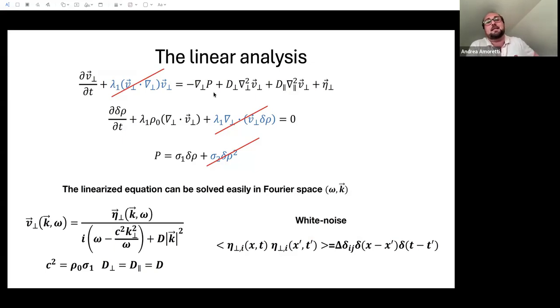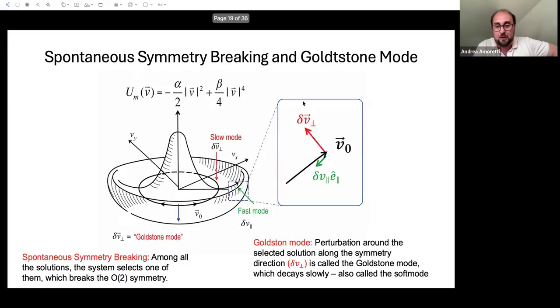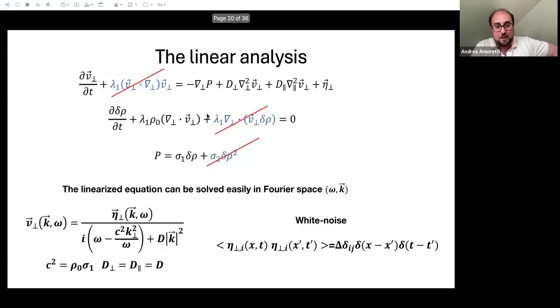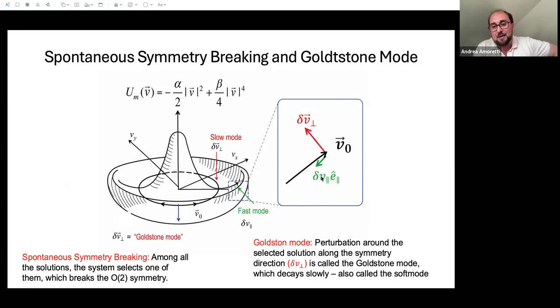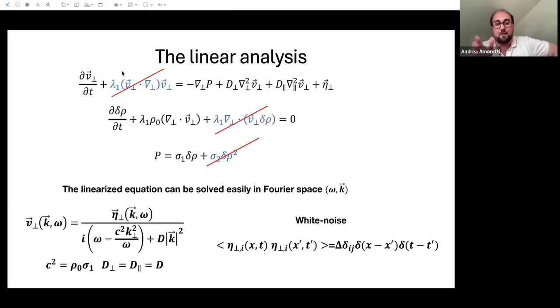One basically does a linear analysis at first. You just perturb your system around your equilibrium configuration. You know that v parallel is massive, so you integrate it out, and you are left only with the perpendicular fluctuation of the velocity, and you discard all the terms which are nonlinear in the velocity, like the blue one in my slide. If you go to Fourier space, you can actually solve exactly for this fluctuation at the linear level. And you can eventually compute the correlation function, assuming that your noise is Gaussian, so that the average is just the usual delta function.